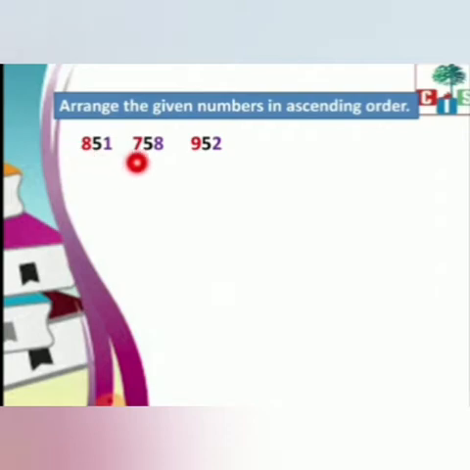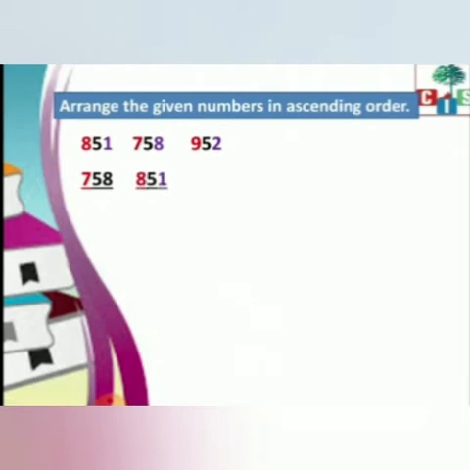Here it is 8, here it is 7, and here it is 9. So which is the smallest number? That's correct, 758. Now we have to find the smaller number from the two numbers left. So here this number is left, that is 851 and 952. So which is the smaller number? 851 or 952? Look at the 100 place value. That's correct,